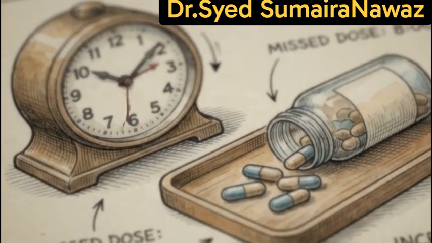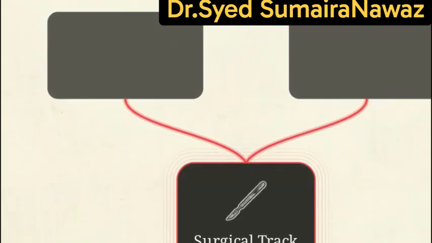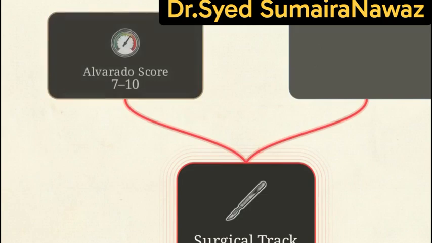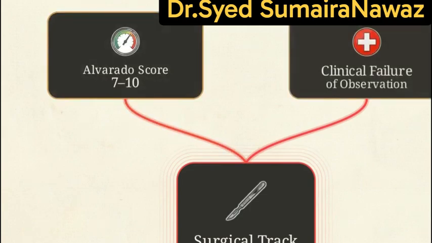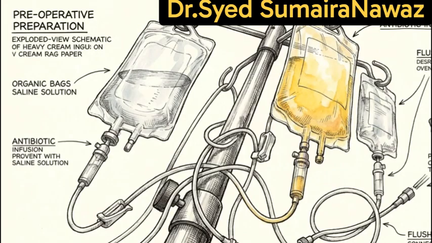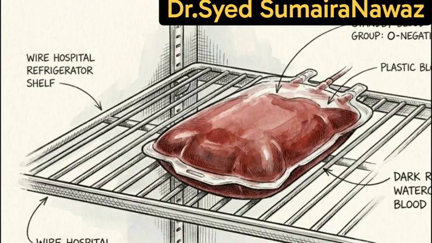The operative management track is triggered in one of two ways, either an initial high Alvarado score of 7 to 10 or the clinical failure of the inpatient observation loop. Once the decision to operate is finalized, the preoperative preparation involves continuing intravenous fluids while administering broad-spectrum antibiotics and analgesics. As a safety requirement, the surgical team arranges a standard blood group and save check, ensuring compatible blood is on